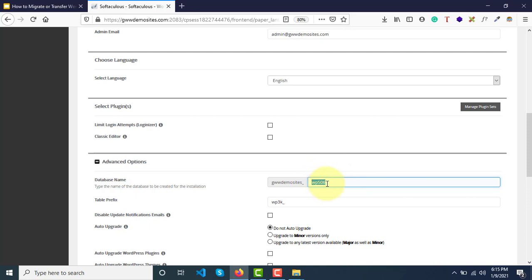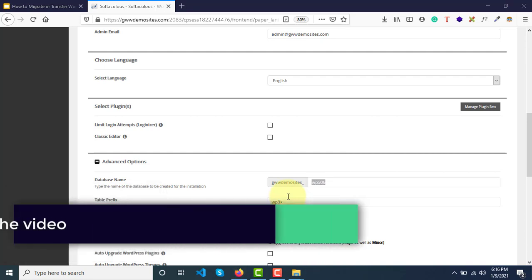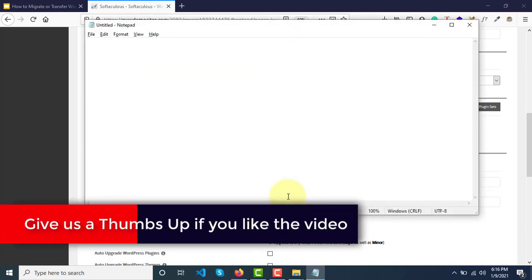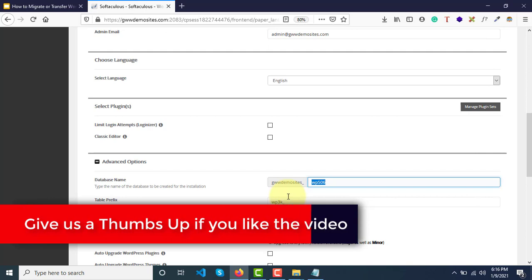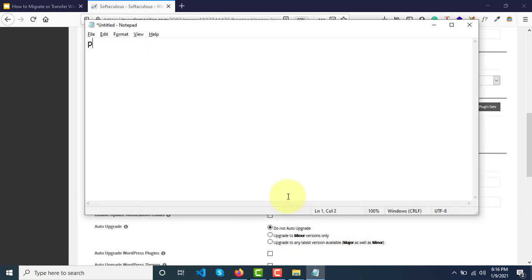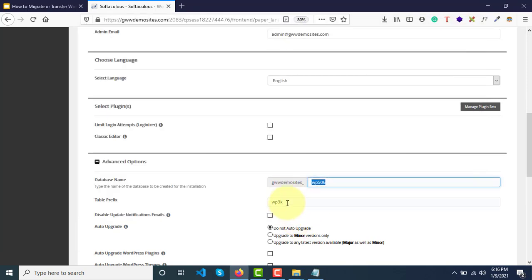So just save it somewhere. The table prefix is WP3K. What we'll do is just remember this: WP3K underscore is the table prefix, and the database name is WP506.